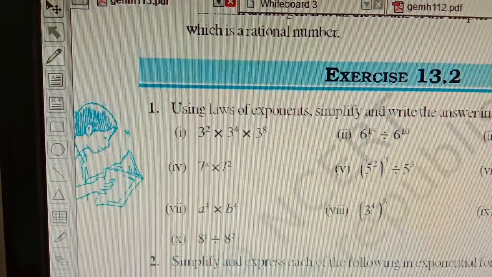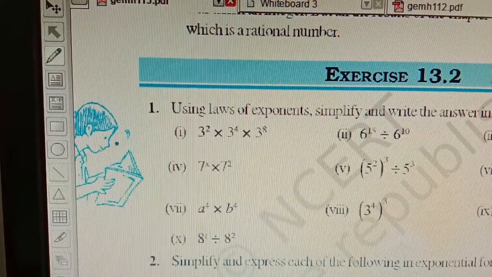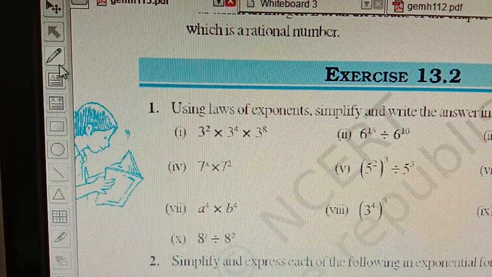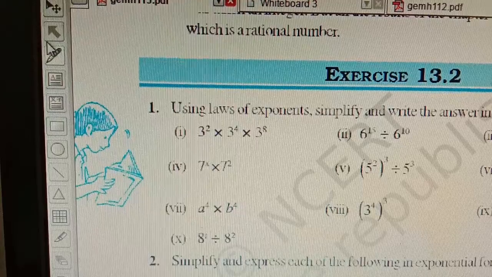So here one by one the questions you can see. Here we can apply the laws in all of them. So first question: